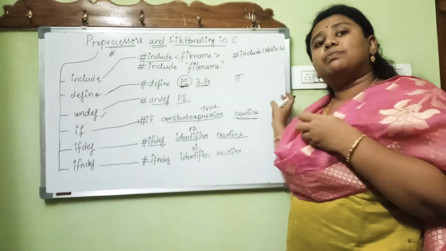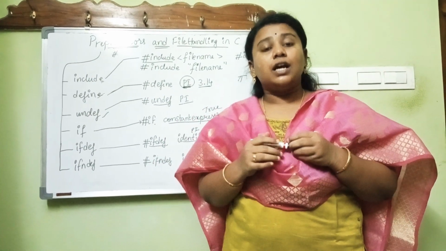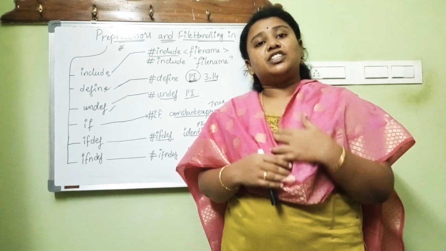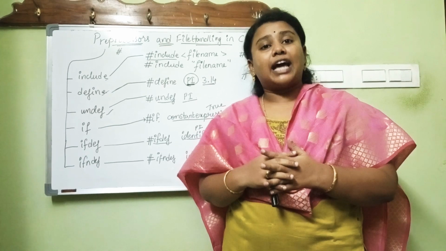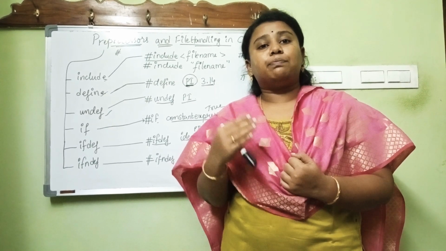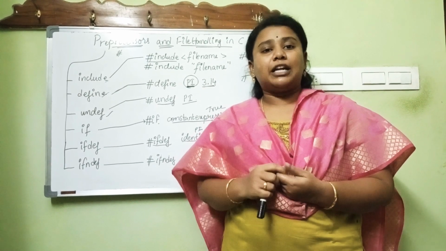So this is just a brief introduction to what a preprocessor directive is. As already discussed, a preprocessor directive is just the initial statements of your program, which start with a symbol called the hash symbol, and this does a task before the compilation. Pre-processing will be done using this directive before the compilation process.